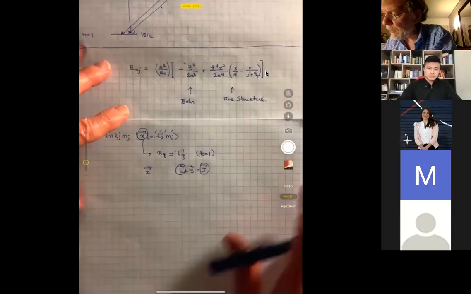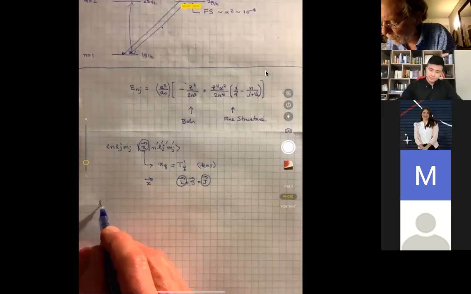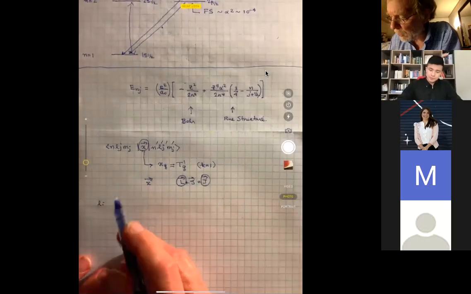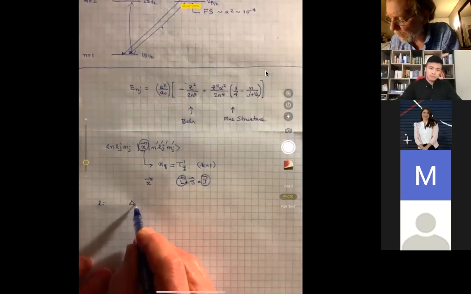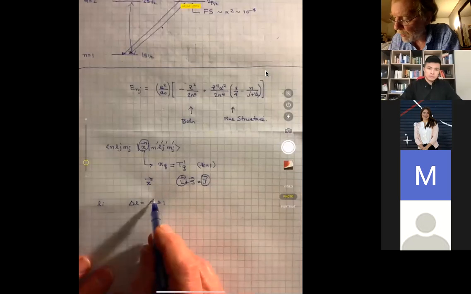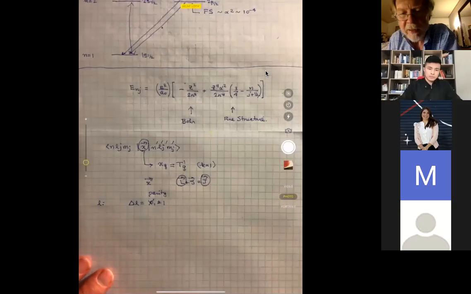So let's look at what these selection rules are then. For the L selection rule, since it's a k equals 1, the selection rules are the ones we've seen before. It's delta L is either equal to 0 or plus or minus 1. The zero, however, is excluded by parity in the same way that we've talked about before